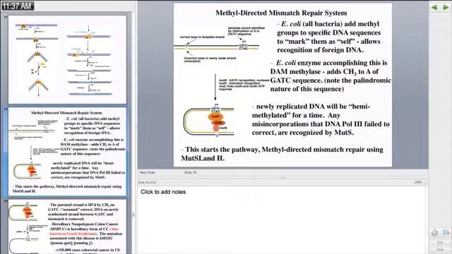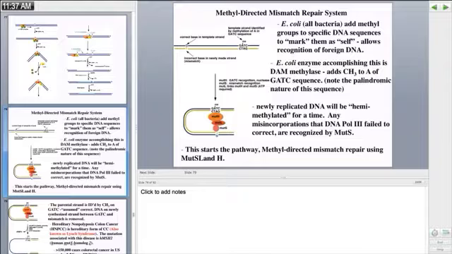It's the same sequence. The beauty of this is that now that same 4-base pair sequence is going to be methylated at this adenine on both strands. So both strands are marked as self,